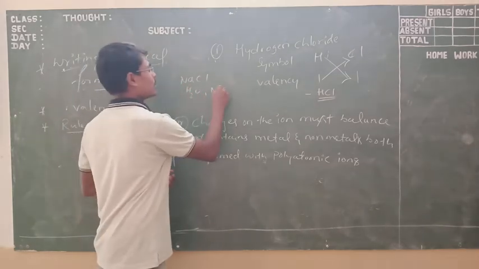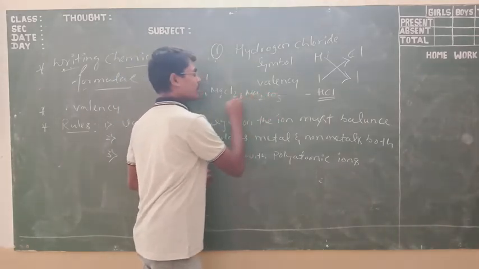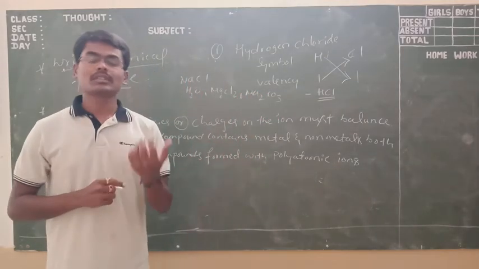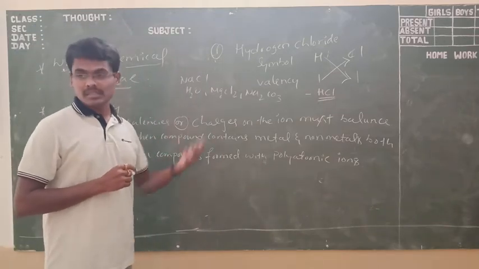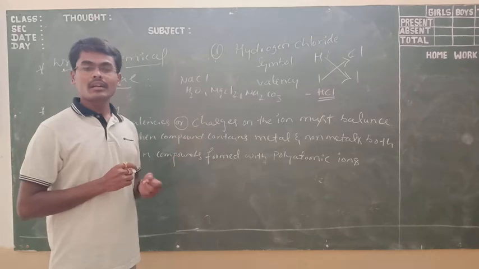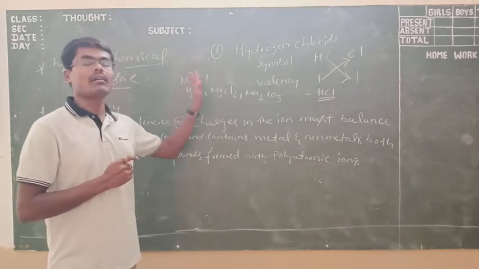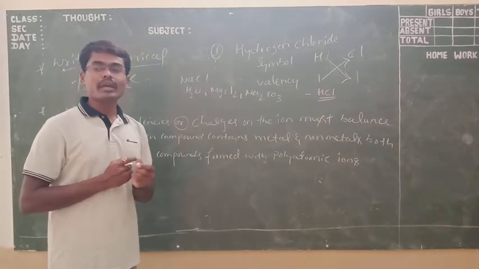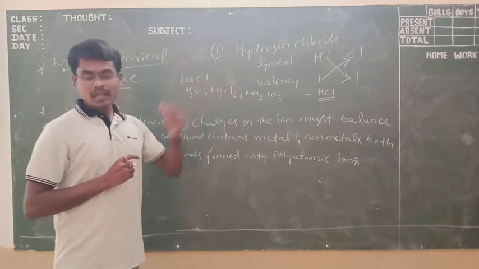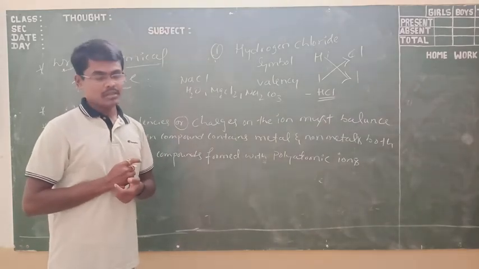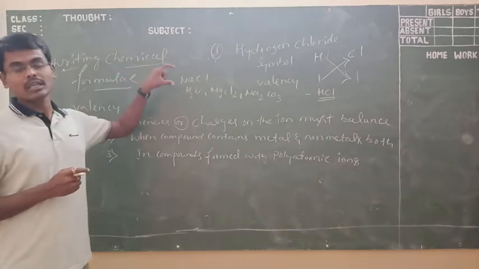I am going to write magnesium chloride. I am going to write sodium carbonate. Like that, we know there are so many compounds and so many elements. How are we going to write them? How do they derive? It is very difficult to simply write all these things. There should be some criteria, some rules to write the chemical formulae. Right. Then, how are you going to write a chemical formula?